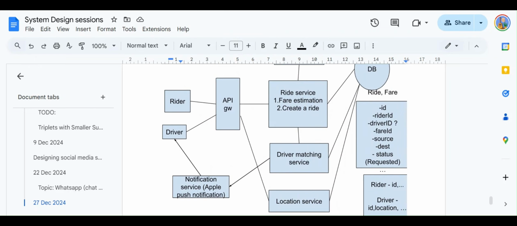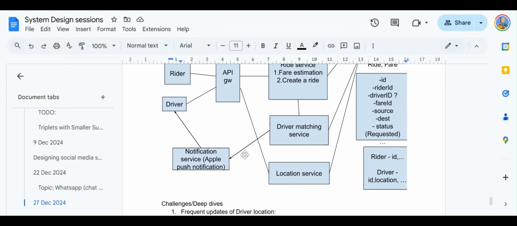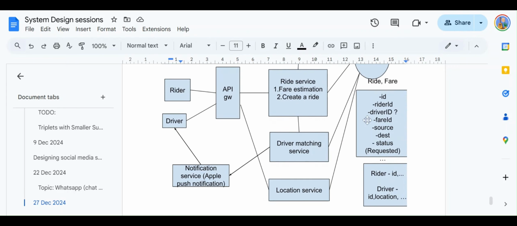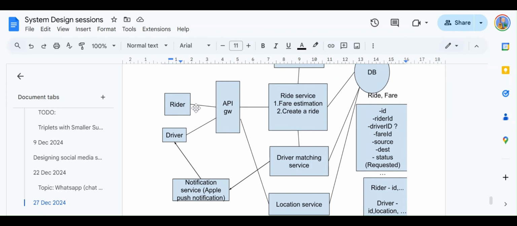So let's say we use a queue, right? Let's say there are two riders and two drivers, driver one and driver two.